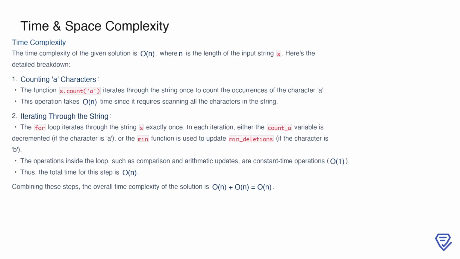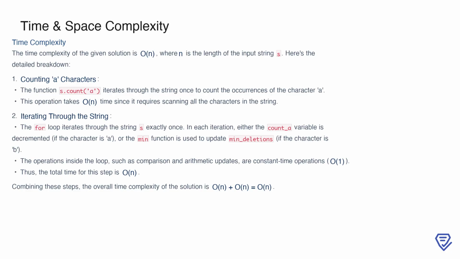Let's break this down step by step. First, the operation s.count scans through the entire string to count the occurrences of the character a. Since this involves iterating through all n characters, it takes O(n) time. Next, the algorithm uses a for loop to traverse the string once more. During each iteration, it either decrements the count_a variable if the character is a, or updates the min_deletions variable using